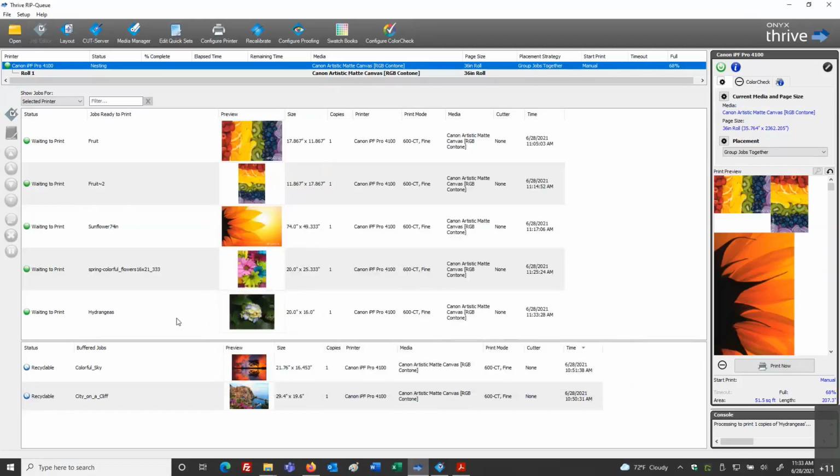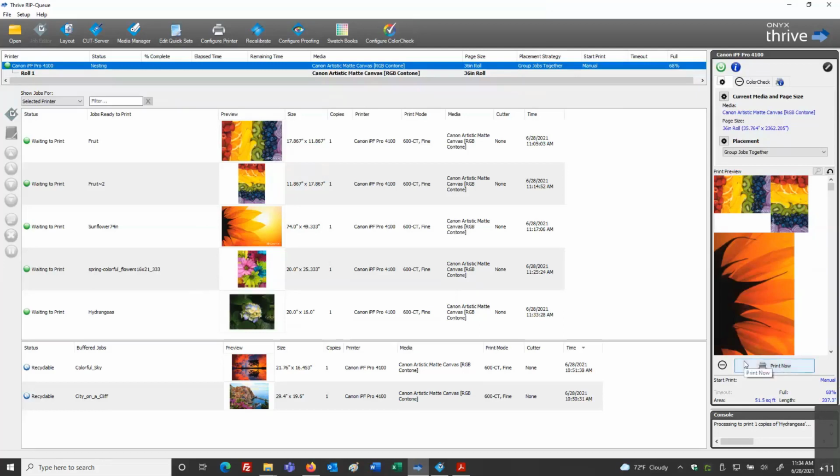Quick sets are printer based. So all of the different printers you have with the different types of media and purpose you print on, you'll have quick sets specific for those printers. So again, you may have a printer where you do the canvas media and you do those bleed and wrap files. Another printer you use exclusively, it's a large material, and you use that exclusively for tiling. So you might have very specific needs with very specific printers, and therefore each printer will have their own set of quick sets as it applies. Now, one more step here about automation.